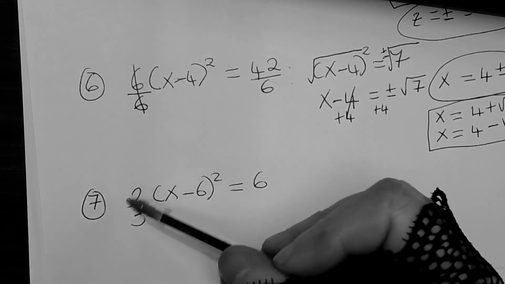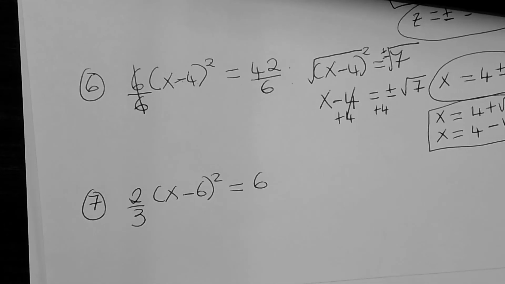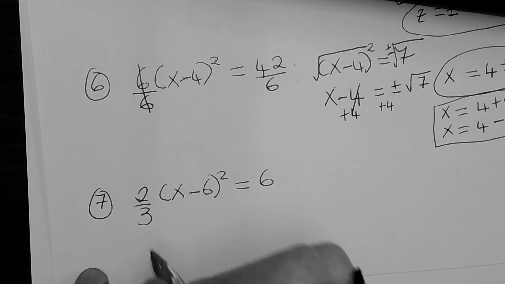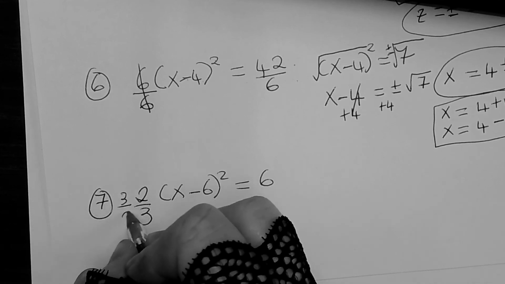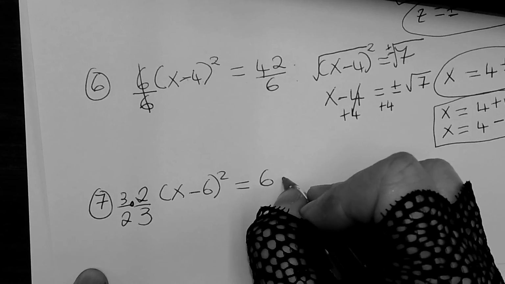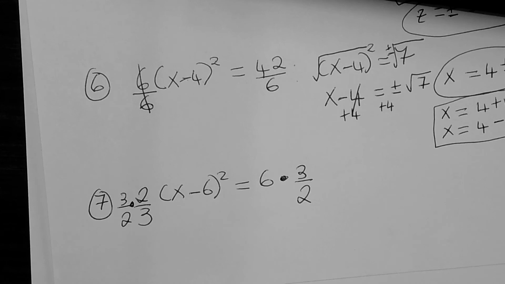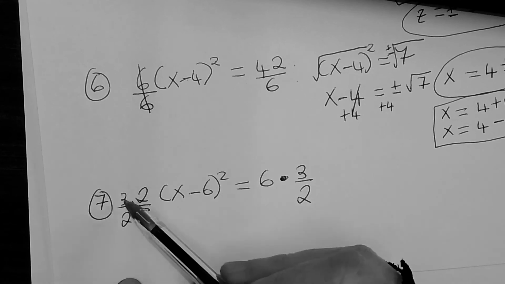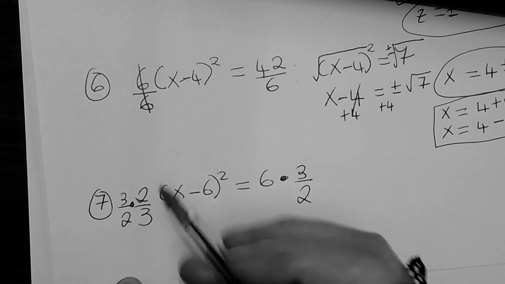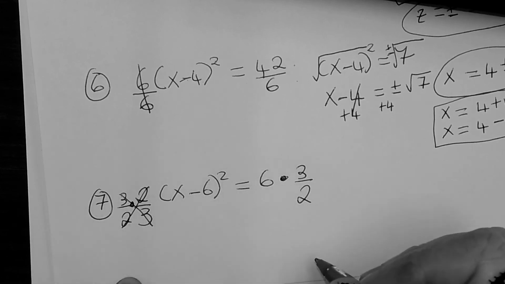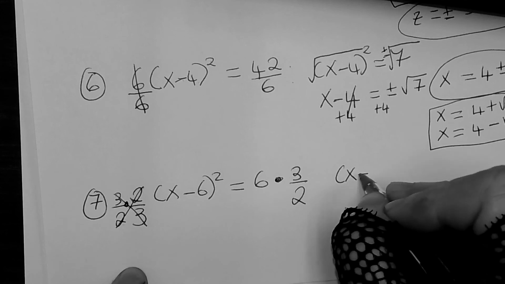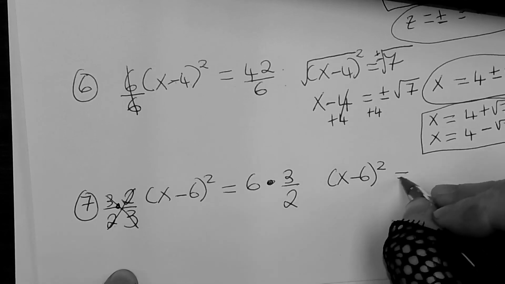So we have a fraction here. So how do I get rid of this fraction? So I have 2/3. Remember that little rule where we took the reciprocal? I need to get rid of 2/3, and the reciprocal is 3/2. So I multiply by 3/2, but then I have to multiply, this is multiplication, 3/2, not a decimal. That's why I make it darker. So now you know that 3 divided by 3 and 2 divided by 2 are all going to simplify just down to 1. So you're going to be left with (x − 6)² equals